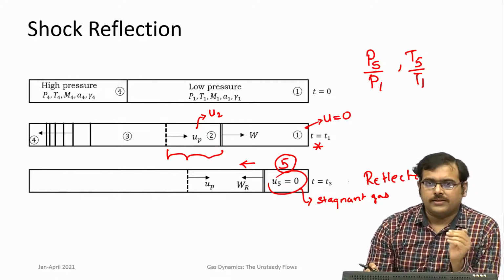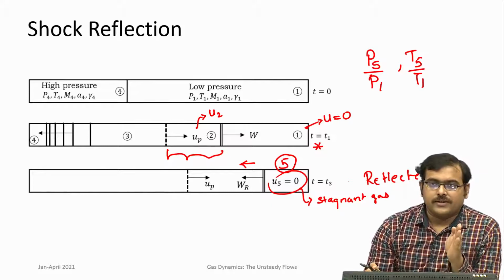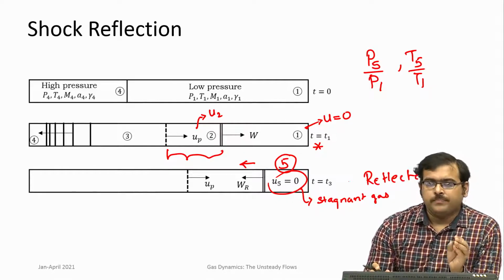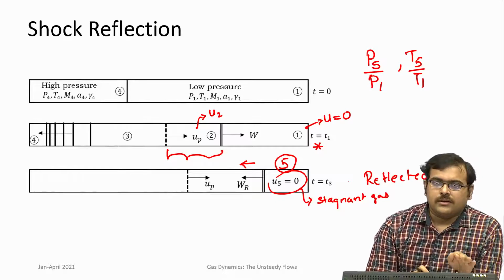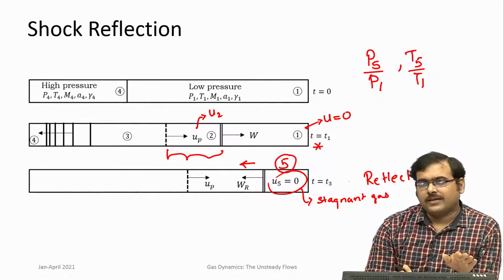In between there is a diaphragm, or there is a separation, and at t equal to 0 that separation is removed, and instantaneously there is a large pressure difference that appears between the driver and driven sides of the gas,